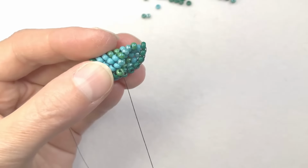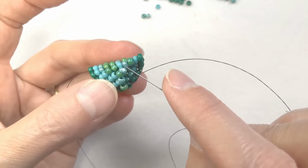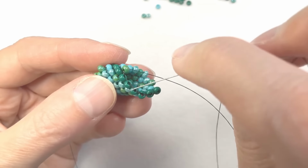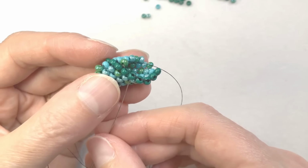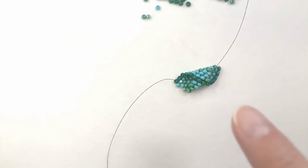And then you guessed it. Make the rest of the row, work the row back, and then you'll be going through, coming out of, and then heading back through the new bead you had. If you keep going from this,